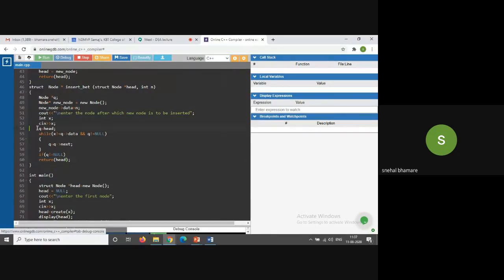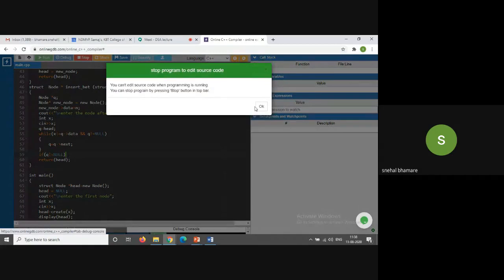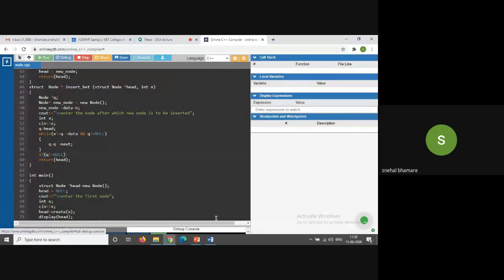So x has been read. While x is not matching the q data and q is not equal to null, q will come to that pointer. Uh-oh, I have not written a code for this. Yes, some code has been missing over here, so I got the error.